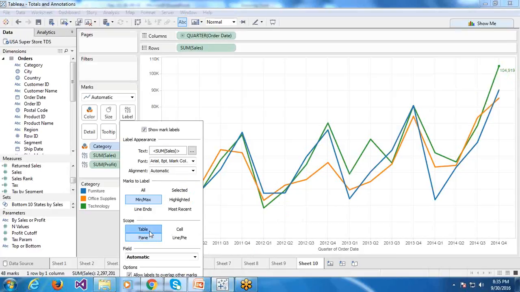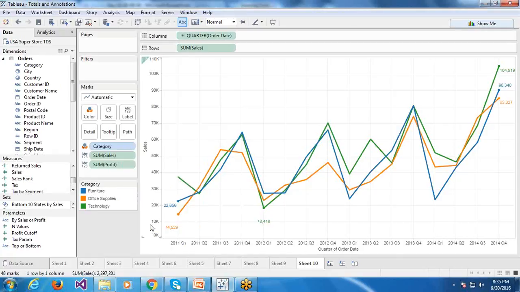See, it is by pane, by table. So what is the scope? So it is by table. Now for each table, what was the scope? It is the same because there is only one pane in the table. So what are the different panes in this view? I understand when it is like table, but here what is table down and pane down?